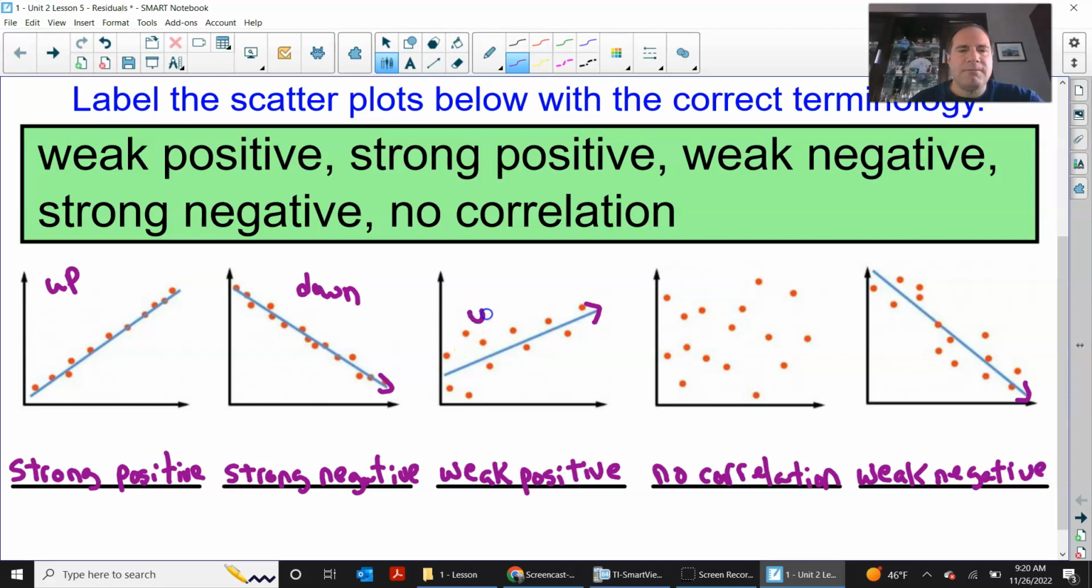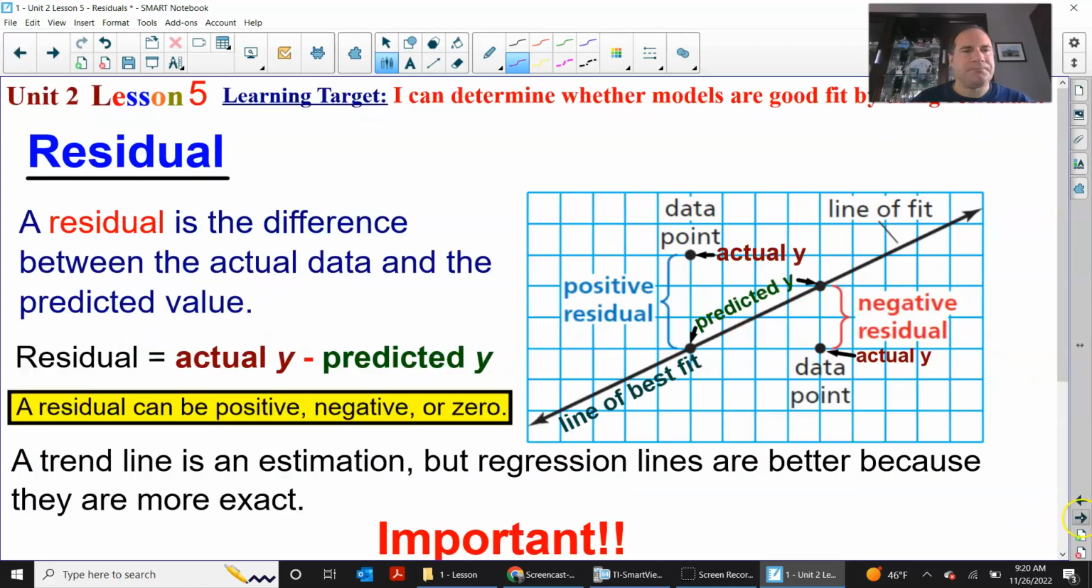Remember, every time you have a trend that's upward, that is positive. Every time you have a trend that's downward, that is negative. And that is it. So just to get into what we're going to talk about, we're going to talk about